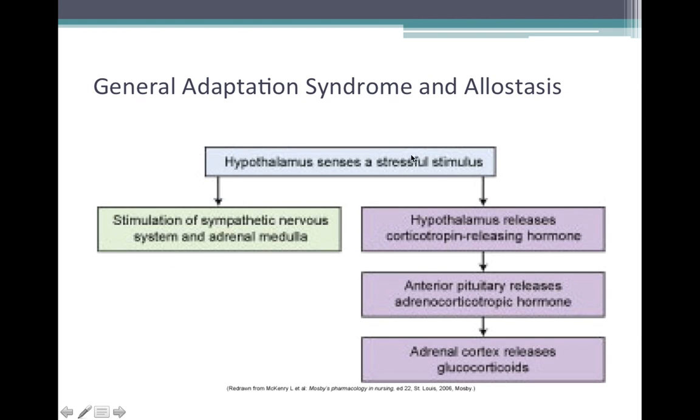Now, one thing that's important to note is that initially during the alarm phase, there are the superordinate systems like your hypothalamus and brainstem that help mediate certain allostatic responses. So, for instance, the hypothalamus is involved with the emotional responses to stressors. So the hypothalamus plays a role in activating your sympathetic nervous system, and it does this by controlling the release of hormones by the pituitary gland, which can control the release of hormones from your adrenal glands, such as hormones from the adrenal medulla, as well as hormones from the adrenal cortex.